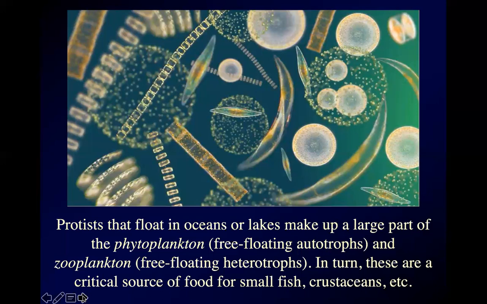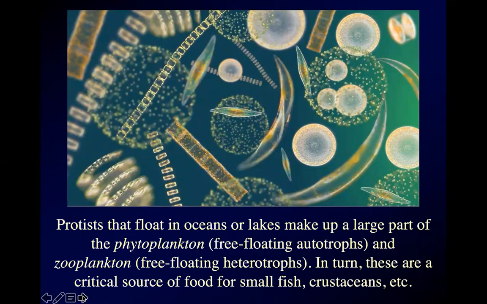Lots of photosynthetic protists that are just floating there, drifting along and soaking up the rays. Those get eaten by free-floating heterotrophs called zooplankton, and there's a lot of protists that are zooplankton that eat the phytoplankton, and both of those are eaten by things like little crustaceans, little water bugs,